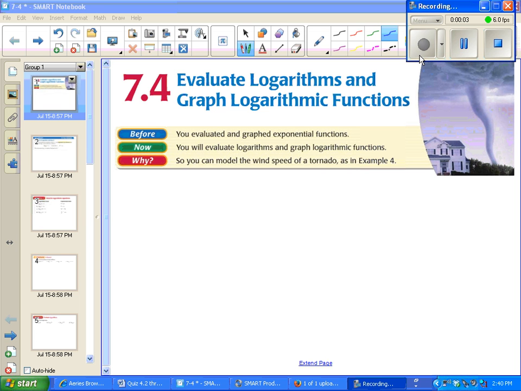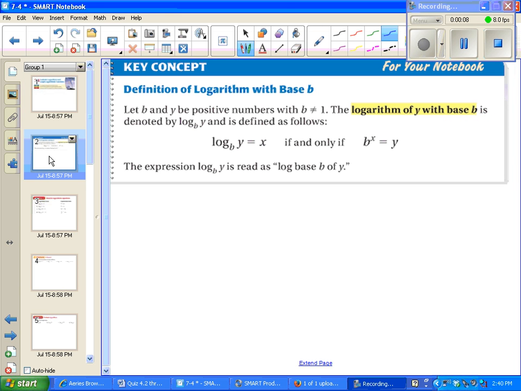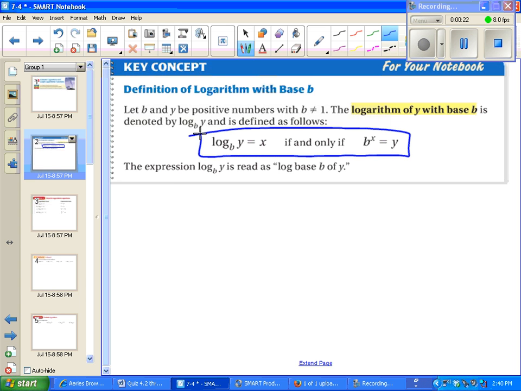7.4, evaluate logarithms and graph logarithmic functions. Logarithms are the inverse of exponential functions. We'll talk more about what that means shortly. The important thing you have to be able to do is translate between what's called logarithmic form, which we see on the left here,